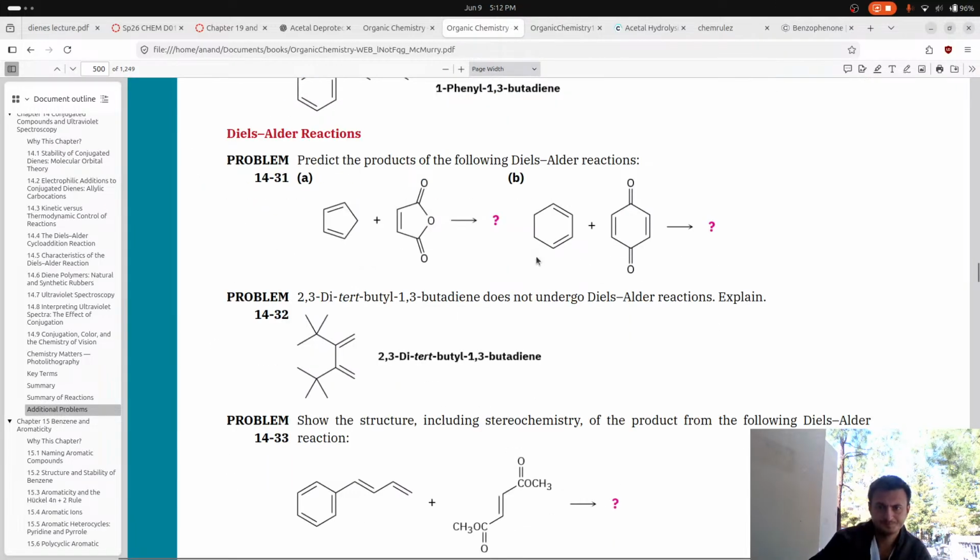Where we have a cyclohexadiene, conjugated. So there's the diene. Actually, I'm going to flip this around. I prefer it flipped around. Plus this cyclohexa